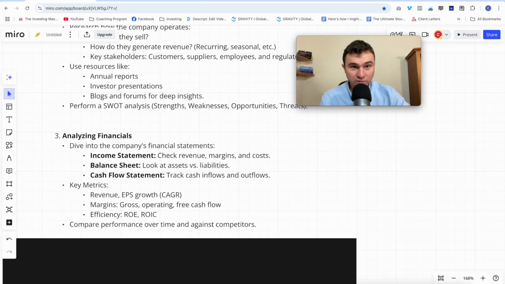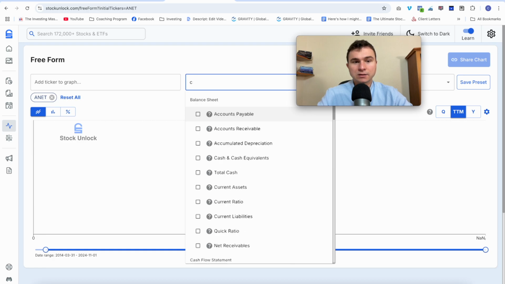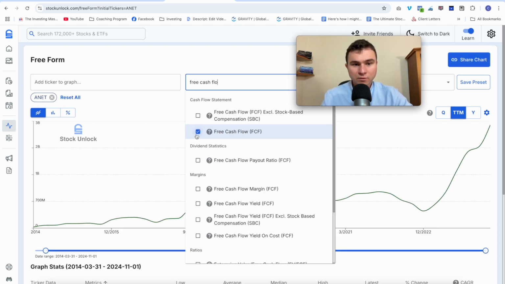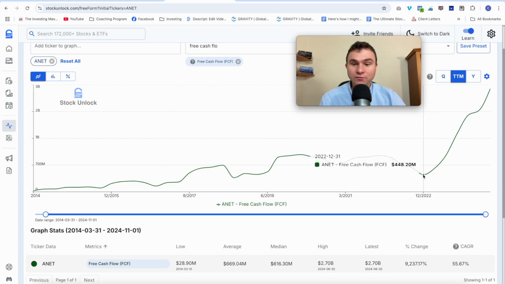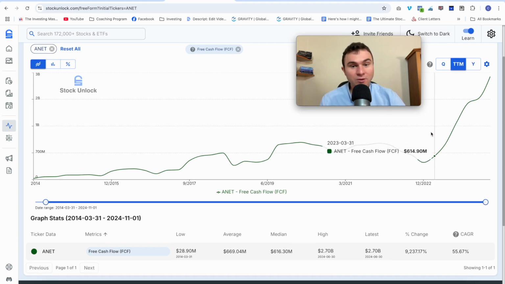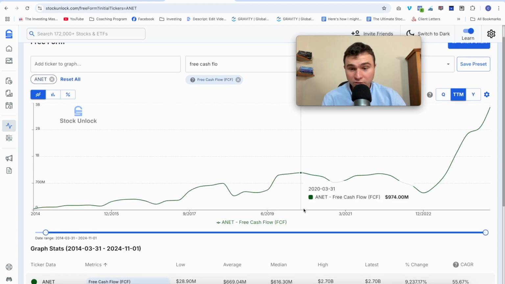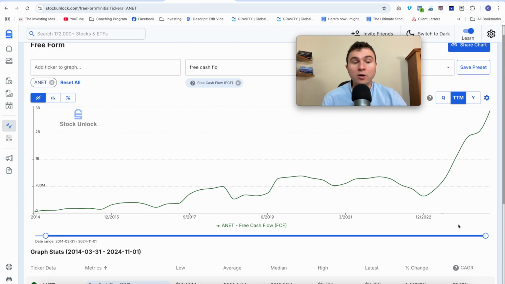And for the cash flow statement, I check the free cash flow, up and to the right with a nice acceleration in 2022. Oh, end of 2022, so 2023. What happened here? What shifted the free cash flow generation? Again, new question for my Word document. How is that explained? Maybe they talk about this in the annual report, the investor presentation, or in earnings calls. I want to see what happened. But free cash flow is growing 55% per year on average for the past 10 years.